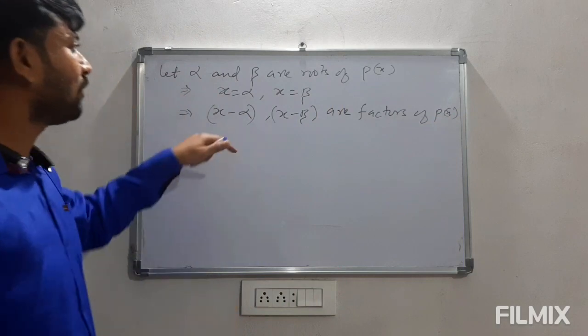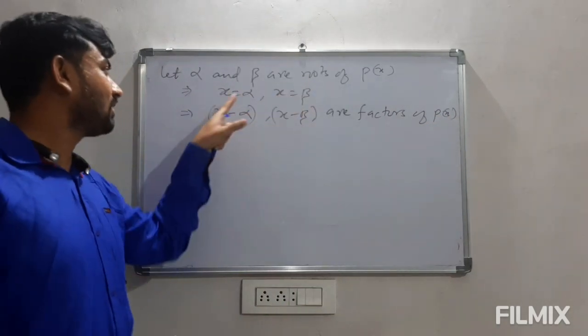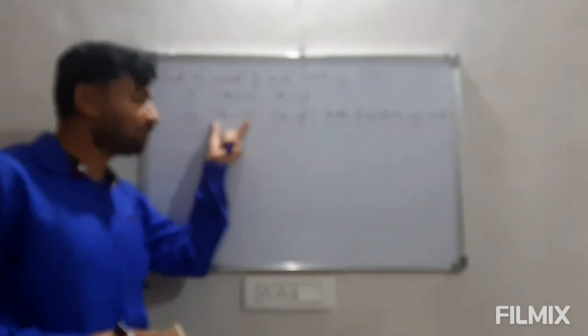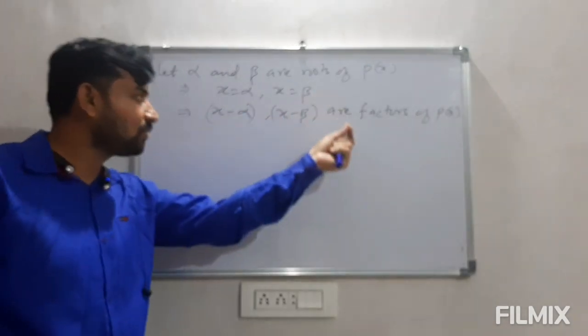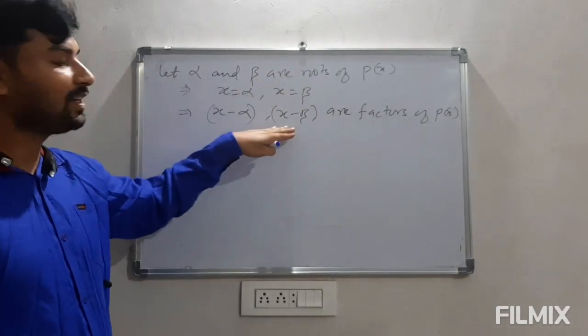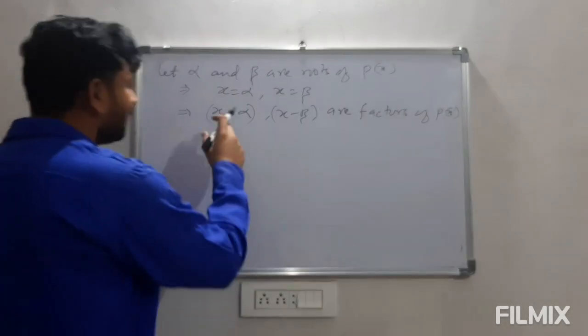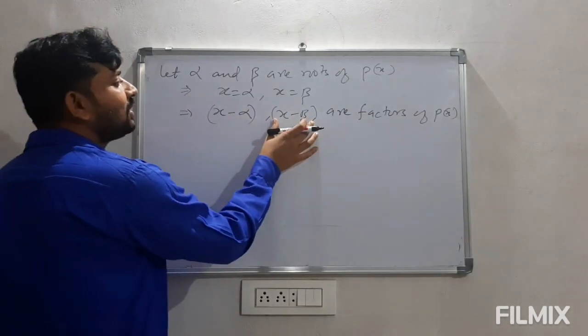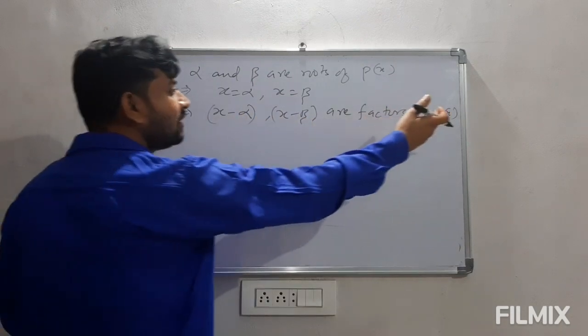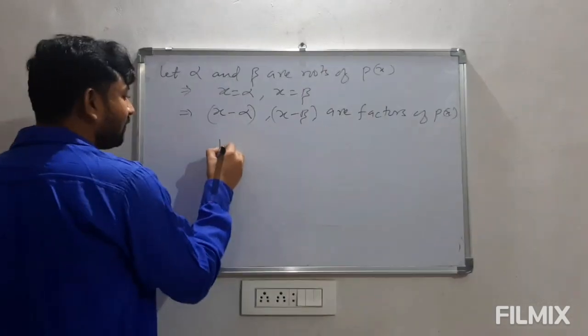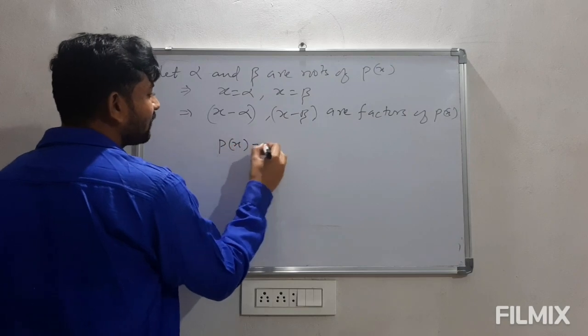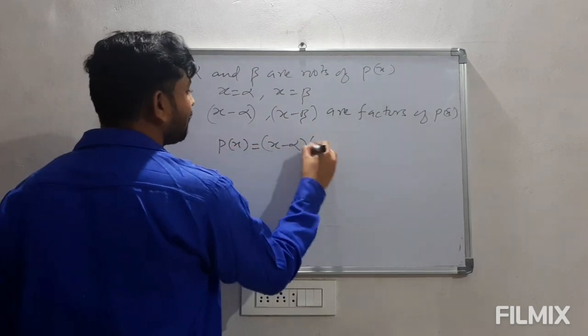अगर x is equal to alpha और x is equal to beta रूट हैं, तो अगर हम अल्फा को इधर लेके आएंगे तो x minus alpha is equals to 0, x minus beta is equals to 0. That term which we get from the factorization, I am writing it back in backward direction. जब हम x minus alpha और x minus beta लिख रहे हैं, ये दो फैक्टर हैं जो कि p of x के हैं, तो इसका मतलब ये है कि हम p of x को लिख सकते हैं x minus alpha